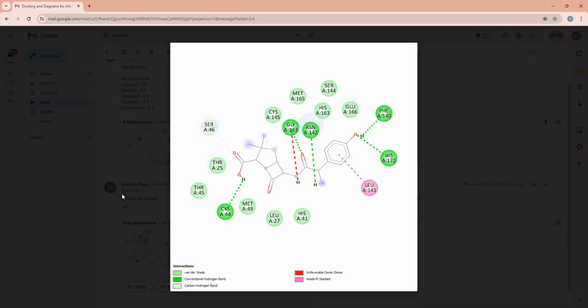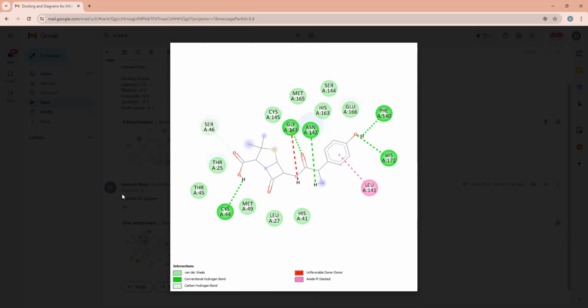But in this case, amoxicillin only has a simple hydrogen bond with cysteine. If amoxicillin had a pi sigma bond, a very strong bond with histidine 41, are you getting me? It would have a close or better docking score than lopinavir. However,